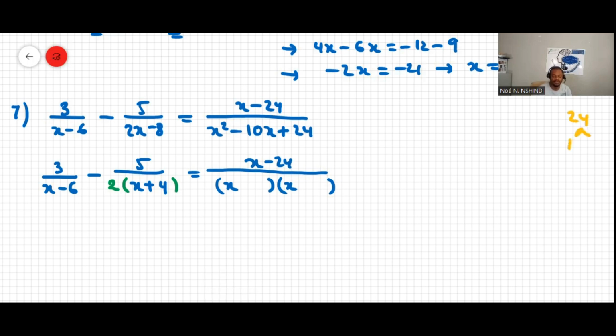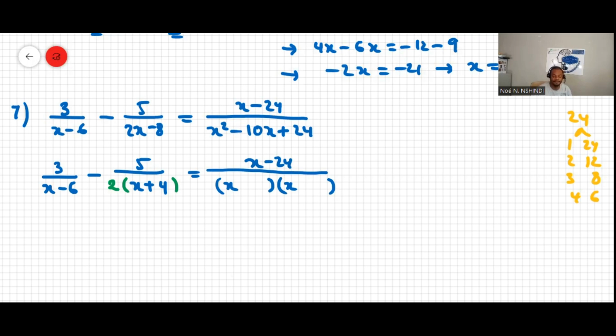24, they are like 1 and 24, 2 and 12, 3 and 8, 4 and 6, okay? Which one can make negative 10? We can see with 2 and 12 and with 4 and 6. And then let's see,